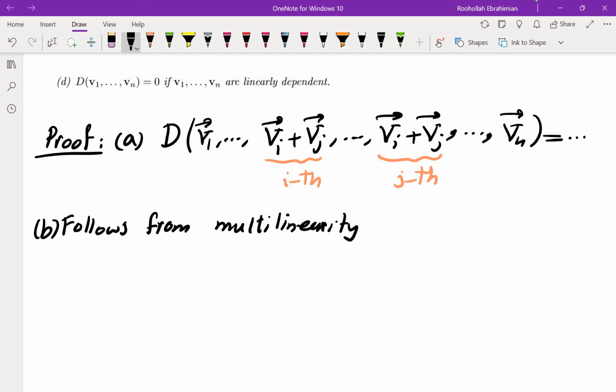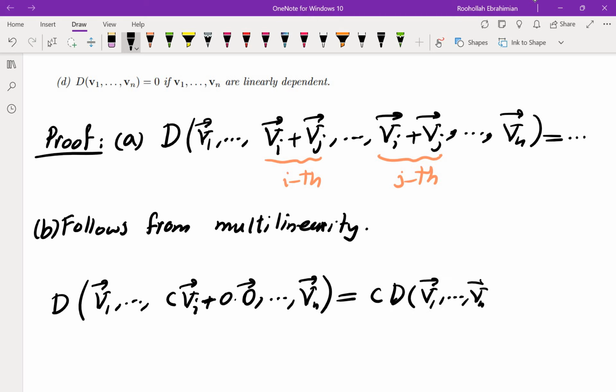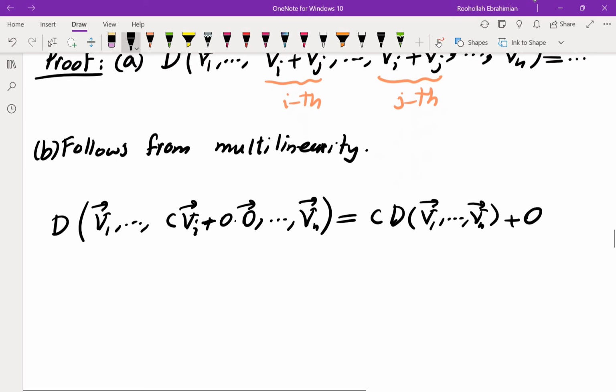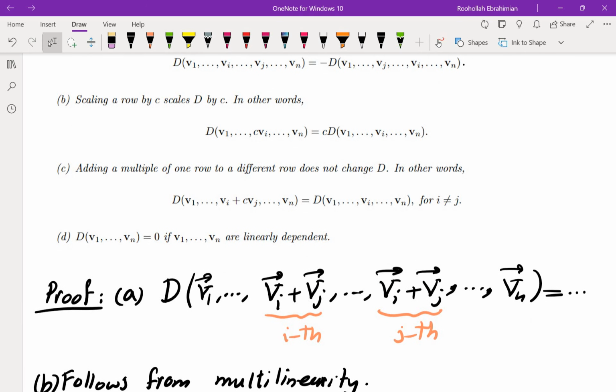Because multilinearity tells us that if you take D of V1 through CVi, and just let's do just 0 times 0, etc., all the way to Vn, it is equal to C D of V1 through Vn plus 0 times D of V1 through 0 through Vn, but it's just 0 anyways. So that shows that it is in fact homogeneous, or if you scale one of the rows by C,